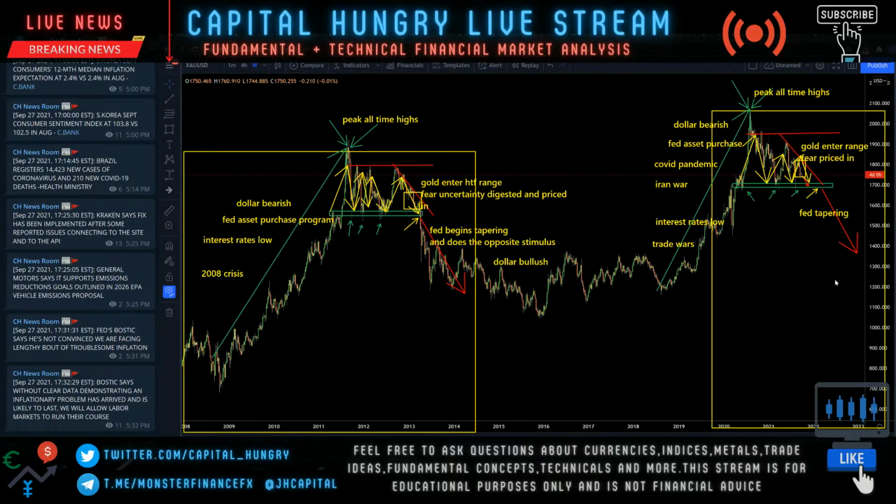So once the Fed further announces the process of tapering and says, okay, we're starting the tapering process, we might see one more upside liquidity grab on gold, but the high probability is dollar's going to go bullish. That's the cause and effect. And then you're going to break below this 1700 point here. Because you have to understand, one of the reasons that gold has been so bullish